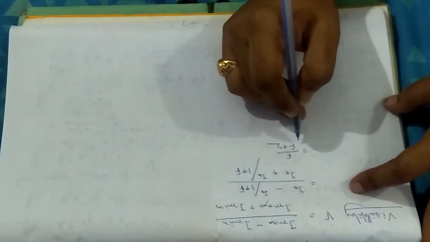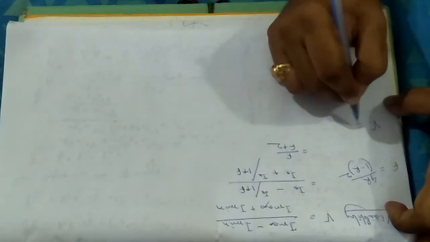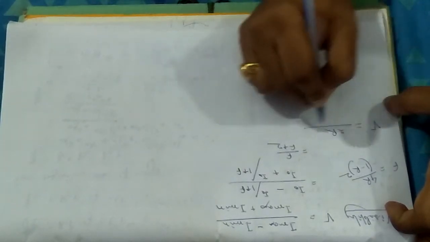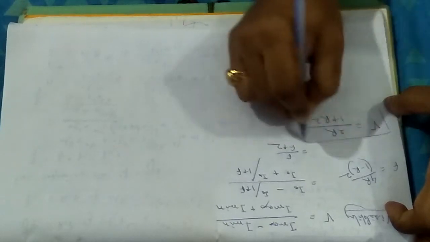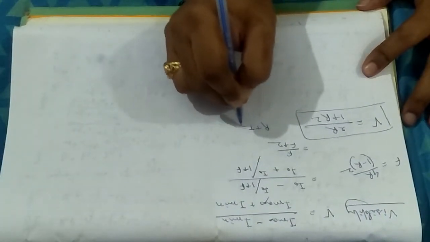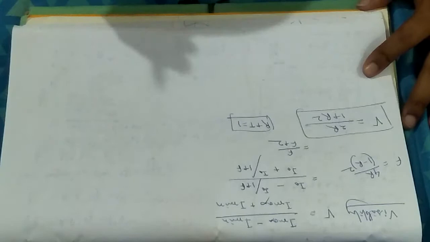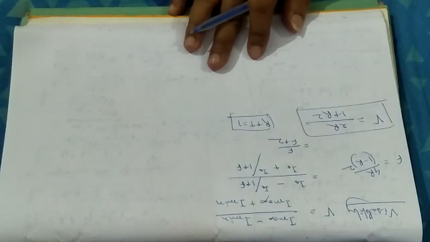And now we put in the value of F. F was equal to what? F was equal to 4R divided by 1 minus R whole square. After putting in the value of F, you will get V equals twice R divided by 1 plus R square. This is visibility in terms of the reflection coefficient. But don't bother, you can still calculate it in terms of the transmission coefficient, because you know R plus T is always 1. If you replace R with T, you can get the visibility in terms of T, the transmission coefficient. So what we have calculated till now considers that an infinite number of waves are going to superpose.